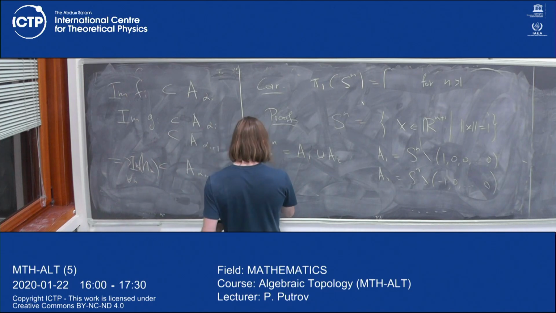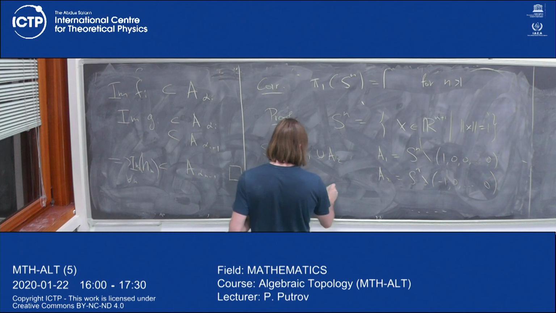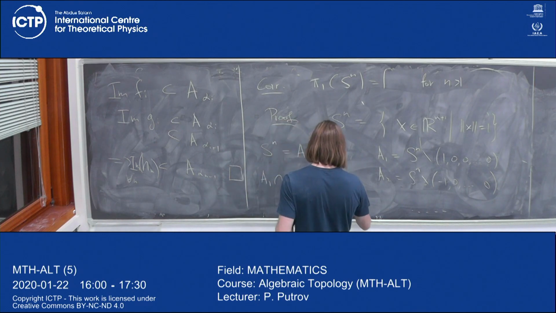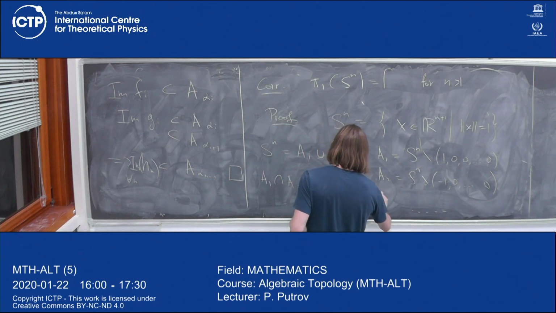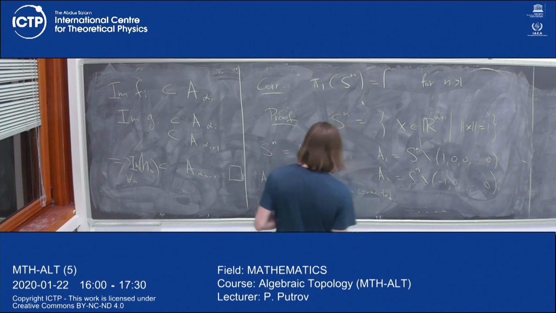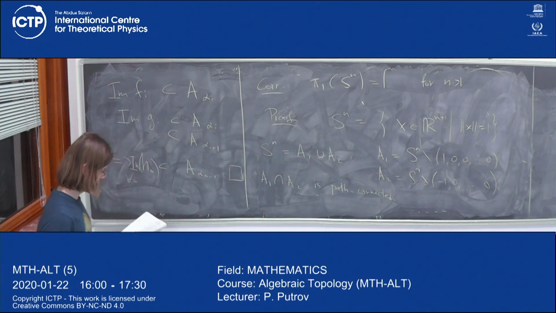So of course A1, this intersection is path connected. We can apply the lemma,